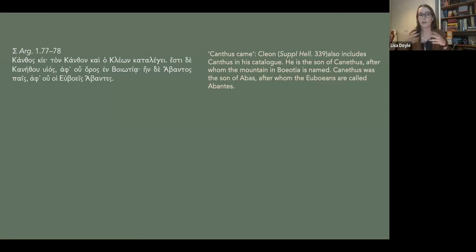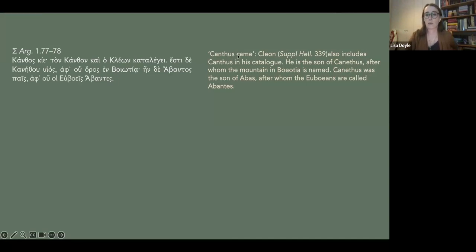So this Catalogue of Heroes, the Catalogue of the Argonauts, is very much influenced by Homer's Catalogue of Ships and other catalogues, poetic catalogues, such as the Hesiodic Catalogue of Women, which I'll mention later on. So Apollonius, in this catalogue, in the poem, he's listing off the Argonauts and he's organizing the material geographically. So the commentators respond to that.